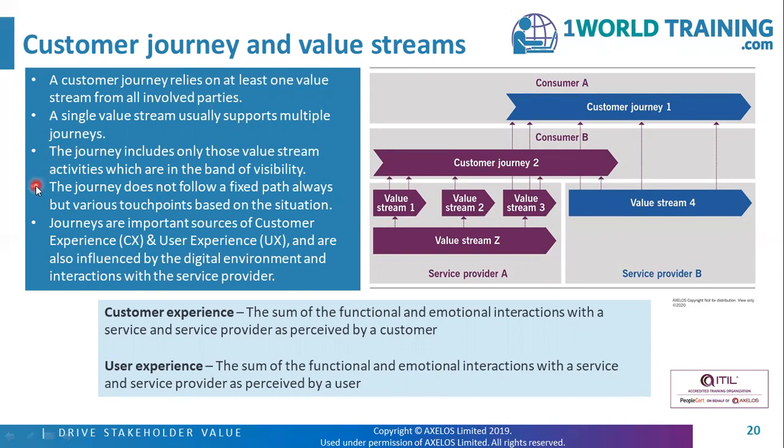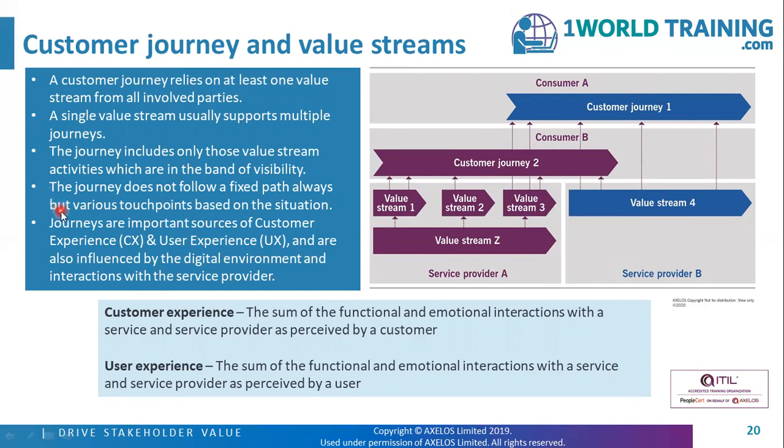The journey does not follow a fixed path always, but various touch points based on the situation. As an example, when a customer finds everything smoothly going, it is one path. But during that journey, if something goes wrong, then the path deviates. Therefore, journeys do not follow a fixed path always. It depends on the progress from one touch point and service interaction to another touch point or interaction until the